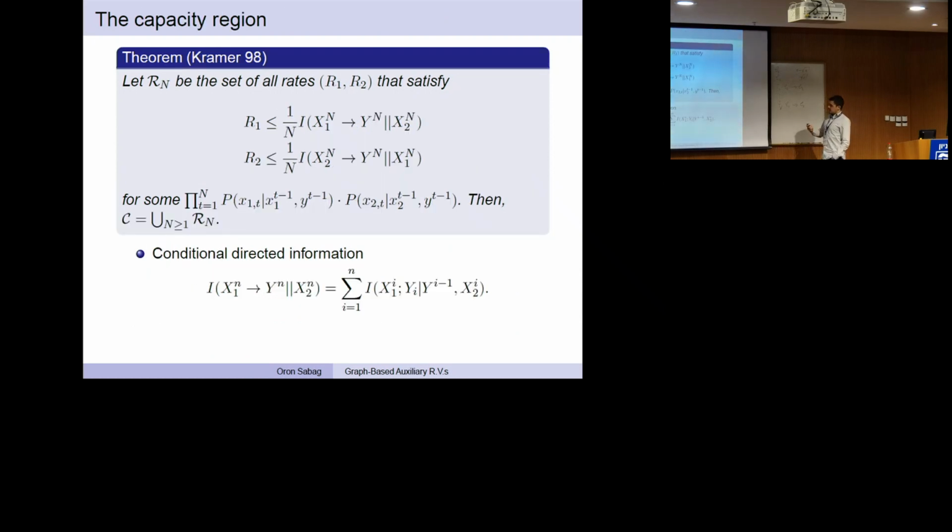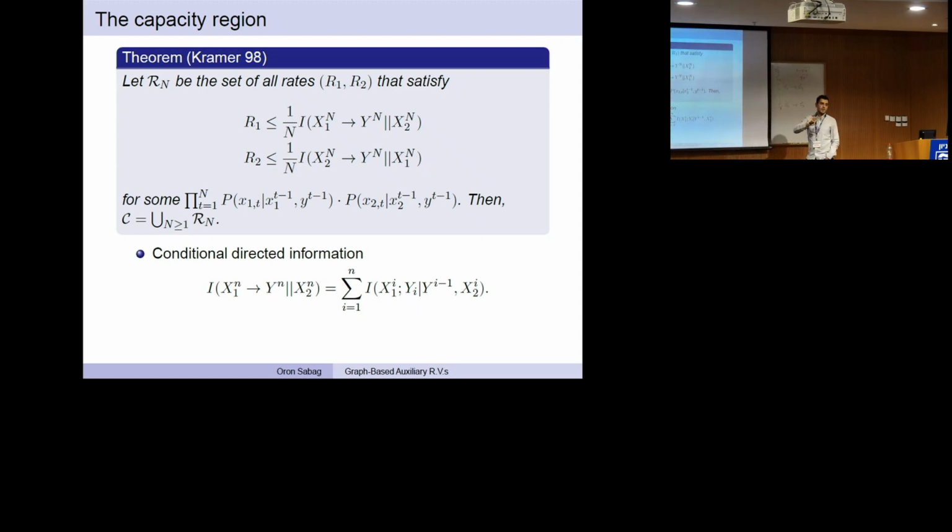The full capacity region was derived by Kramer in his PhD thesis, and it is given by the conditional directed information, which is a multiletter expression. Okay, so we have that each rate is bounded by this sum of mutual information, and also the focus here should be on the joint distribution, which shows that each of the users needs to maintain an exhaustive dependence on